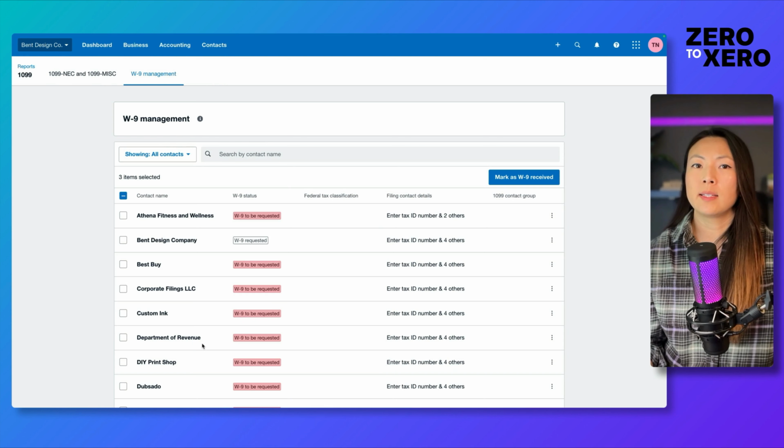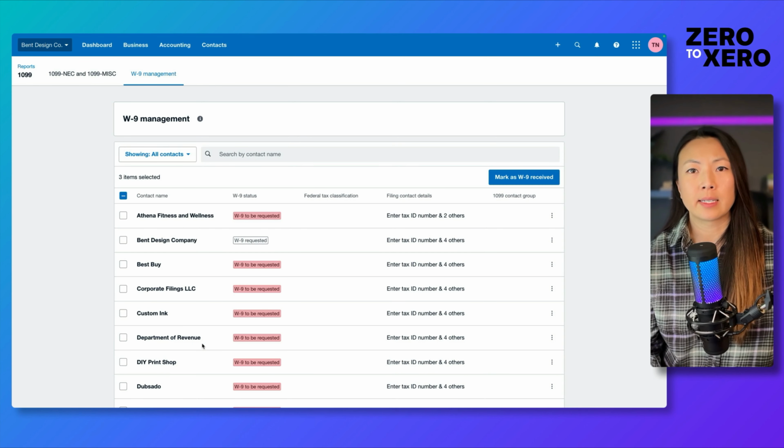Now that you've reviewed your cash payment by vendor report, added those contacts into the 1099 contact group, and started requesting W-9 information from them, we're ready to start creating 1099 rules and reviewing the data for filing. Creating these 1099 rules will help you create the 1099 NEC and miscellaneous forms more quickly. So we'll take a look at how that works here in Xero and how you can create and edit them